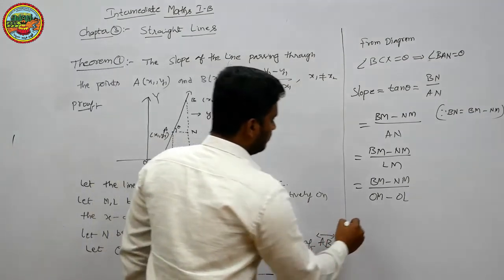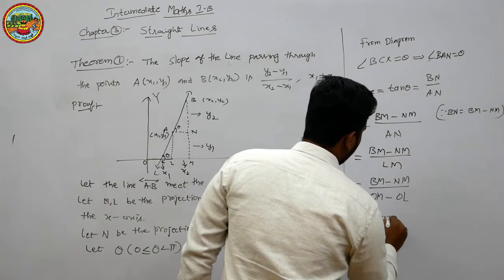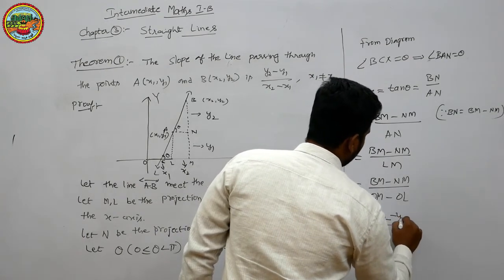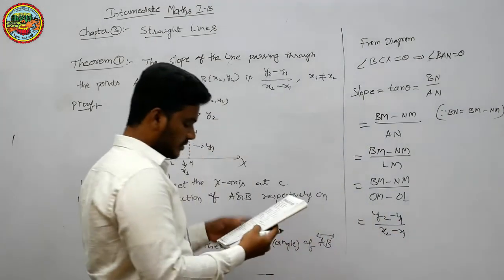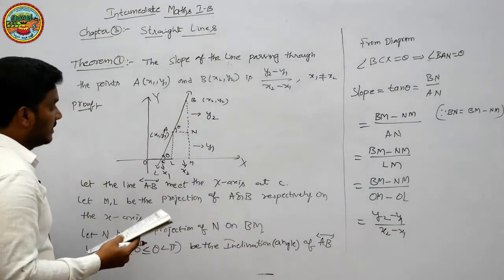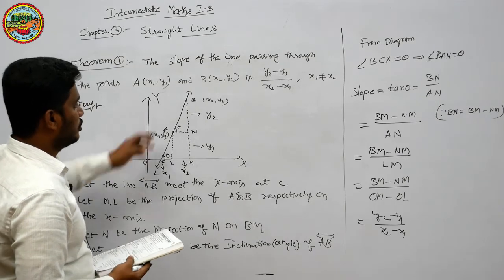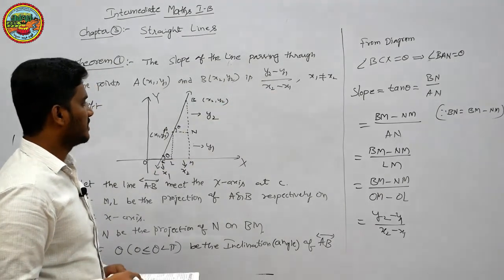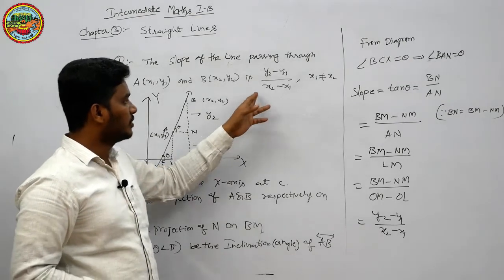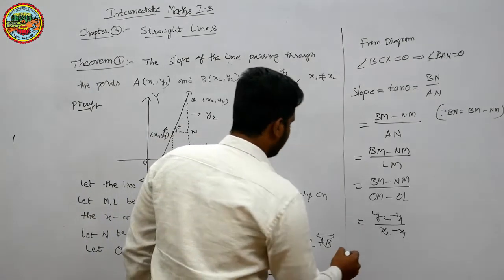So we have y2 minus y1 by x2 minus x1. Finally we get the slope of the line passing through 2 points as y2 minus y1 by x2 minus x1, which means tan theta is equal to